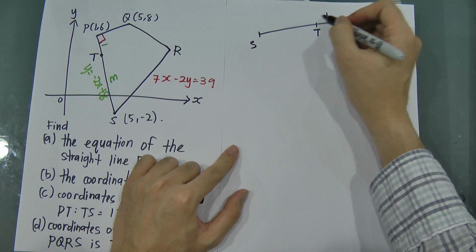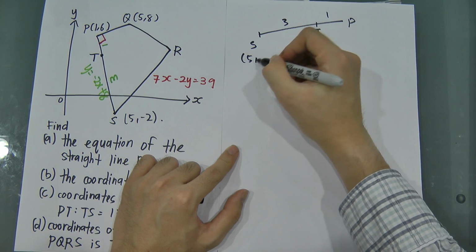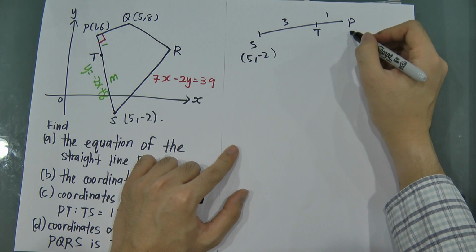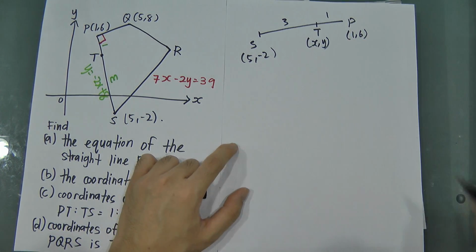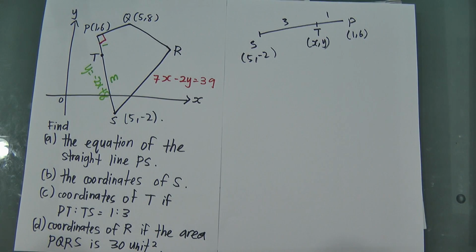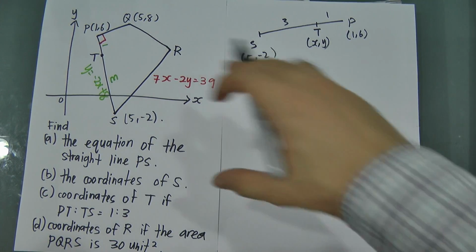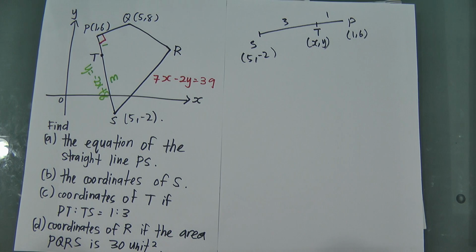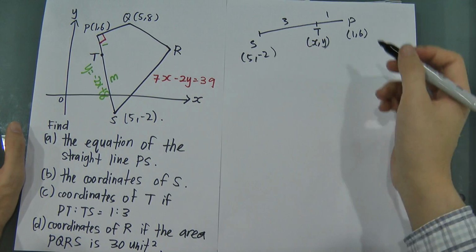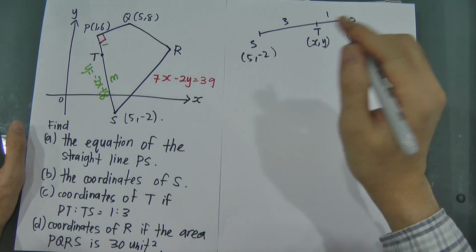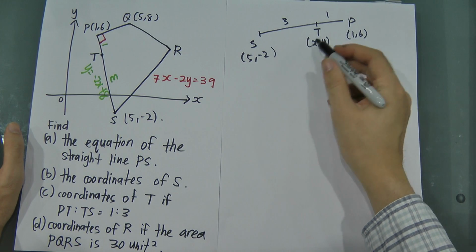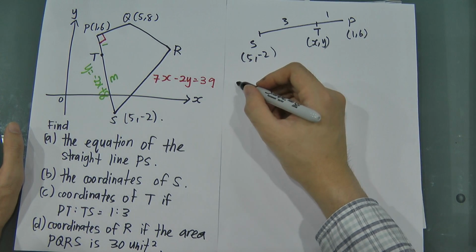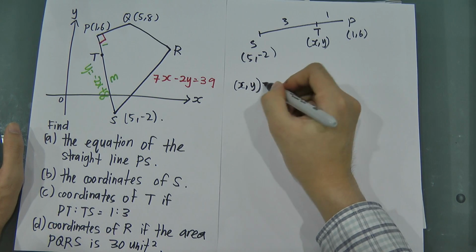I'm going to call this one 1 and 3, and then S coordinate is 5, -2, and P is 1 and 6. T I do not know, so I'm going to call it x and y. Of course in the exam you don't do what I do. You should draw exactly like this, but actually in the exam you don't need to draw it out either, never mind. Right, so you put in the formula. I'm not going to write the formula again, you just go and check the formula. So this is the middle one, which is x, y, equals